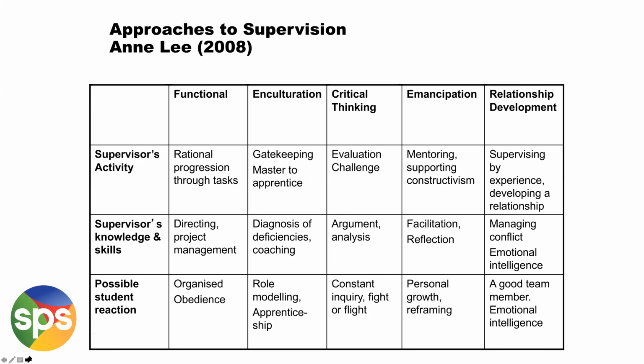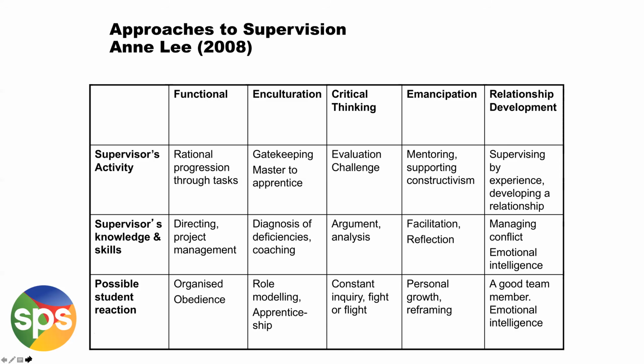And the supervisor would be very good at diagnosing deficiencies and helping students to see where their weaknesses are, and coaching them and helping them to overcome those weaknesses. The student may well follow that role modeling and take up that apprenticeship and learn to take on the practices that are so valued in that discipline,